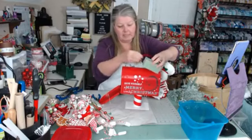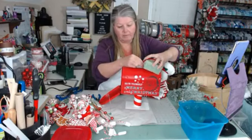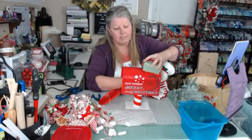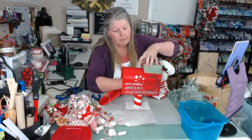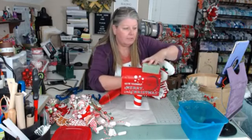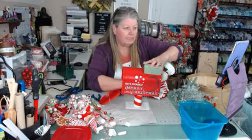So we're going to do this, and I'm going to put these down in here, and the first block of foam I put on here was a little bit smaller, so this kind of goes up underneath now. But it's okay. It's still going to work the same. So I'm going to pull this tight,